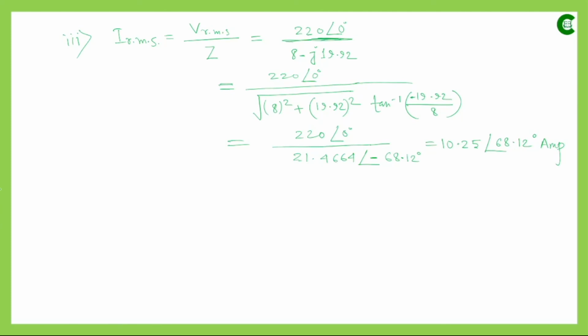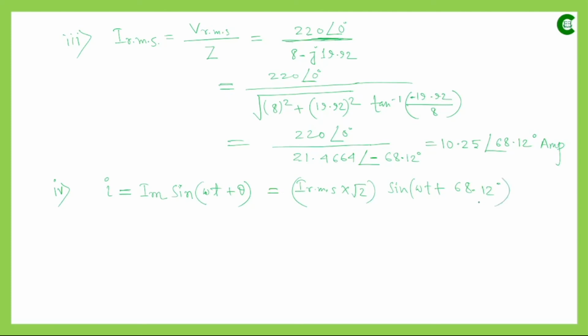Now the next parameter that we have to find out is the expression of the instantaneous current. Now we have already seen the format: i will be equal to the peak value, which is Im, then sine omega t, but since voltage was taken as a reference, it will be sine omega t, and for the phase difference, since current leads voltage, it will be plus theta. So here the peak value of current will be RMS value multiplied by root 2, and then sine omega t, and then theta value is